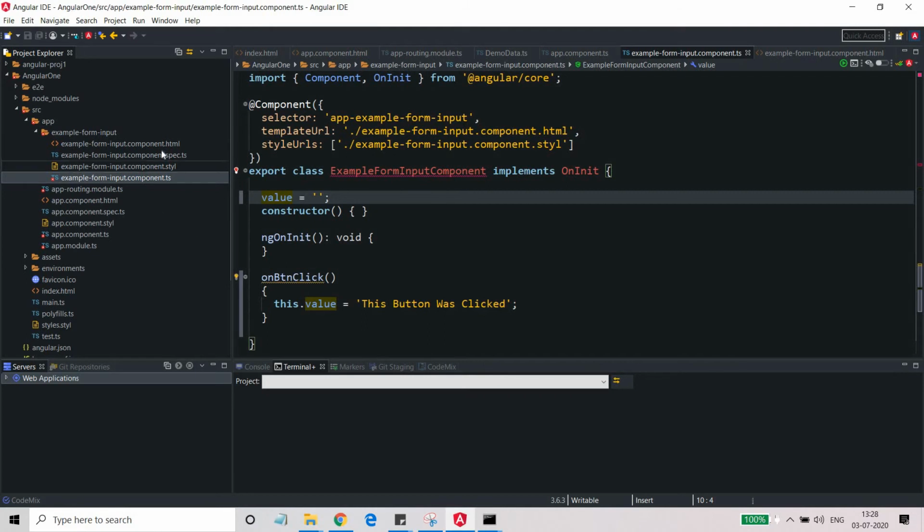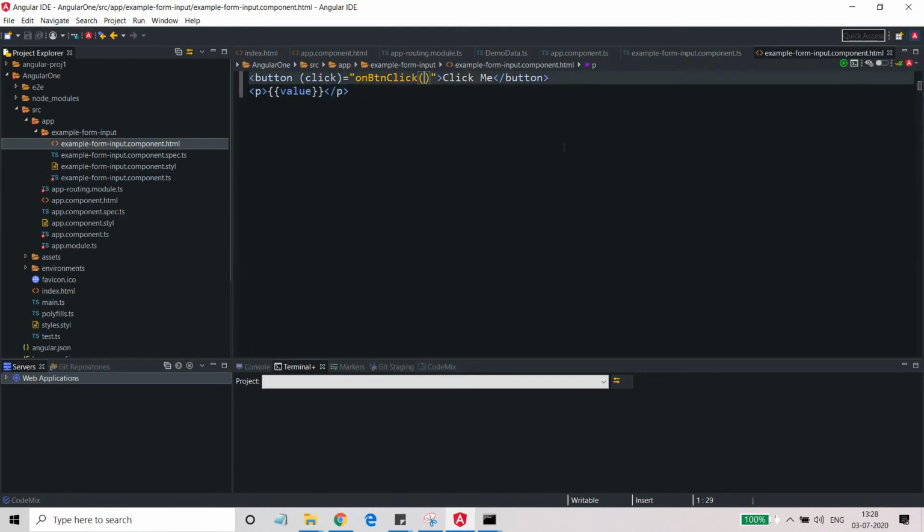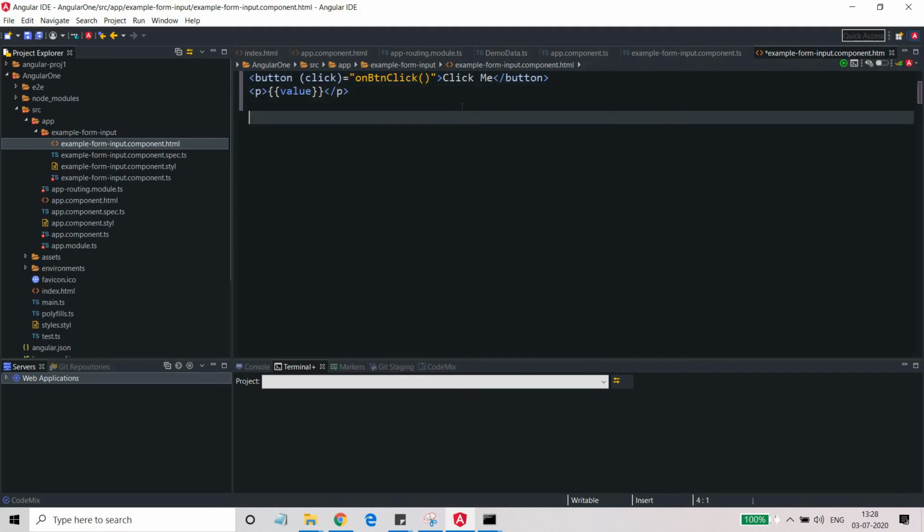Okay, so let's see some other examples. We can pass the event as well. Let us use some other control, let's say input, which is the input box. For the input you need to use the keyup event. There is a keyup event, and you can also find out what other events are associated with the input. So on keyup, I'm just going to pass the event variable.